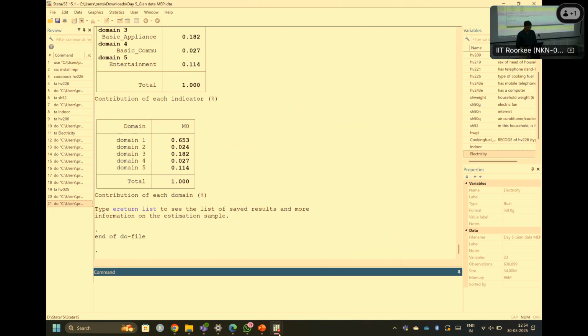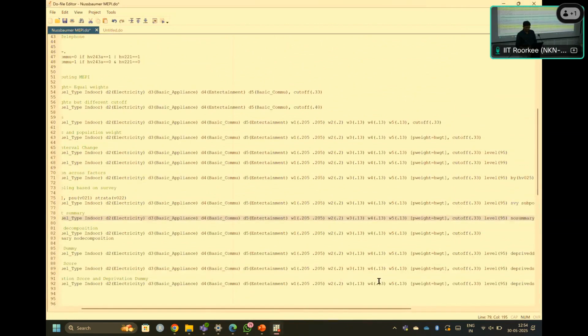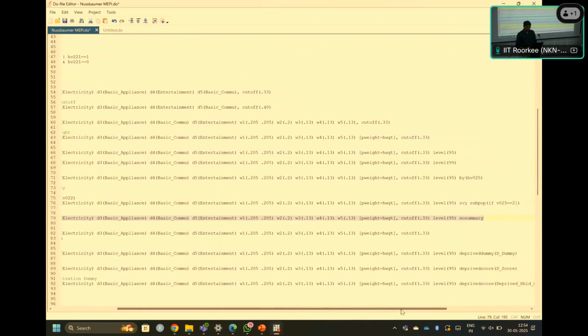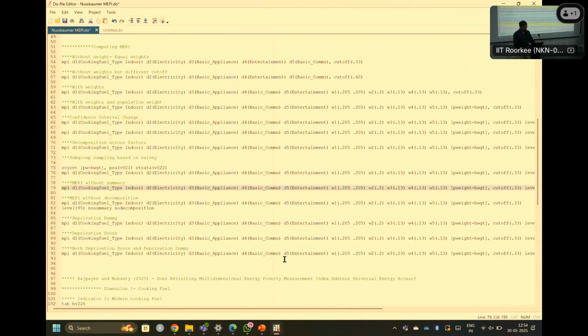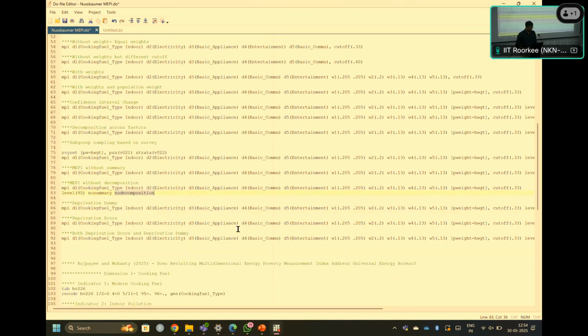Have you checked the do file? Again, the result can be also carried with no summary and no decomposition. Decomposition already made it. If you also don't want the decomposition, that can be also mentioned at the end as no decomposition. Okay. The next one is